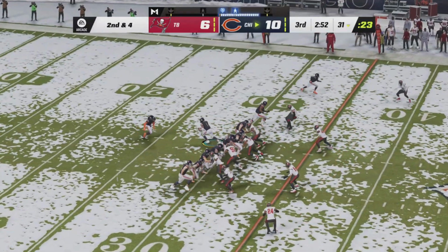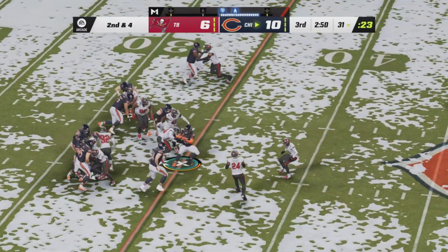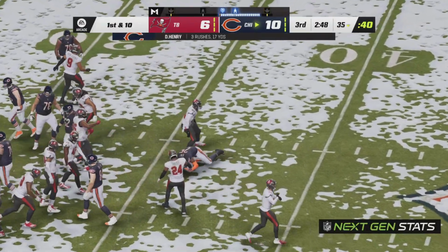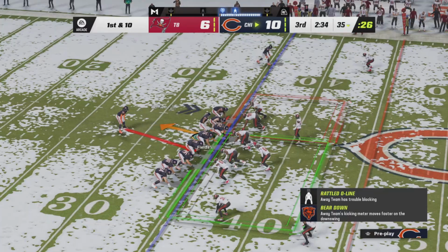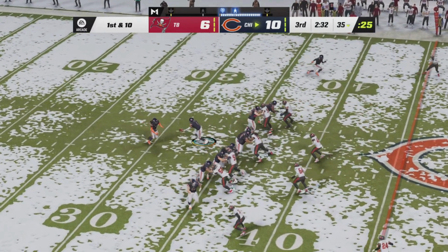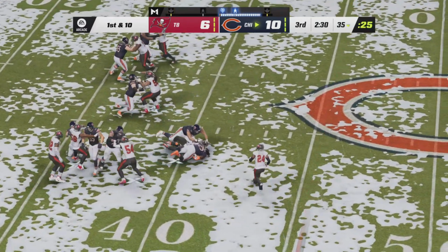And clock. Allow their defense to get a chance to catch their breath, settle down, and relax a little bit after they just gave up a score. And this will be a Bears first down. Eyes off this guy at the linebacker position. He can really cover some ground, and he did there to make...